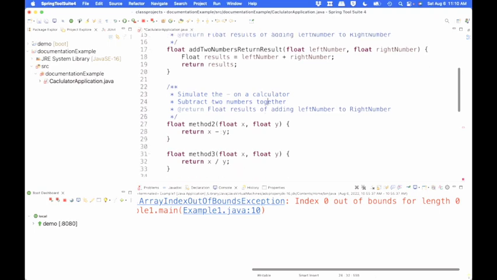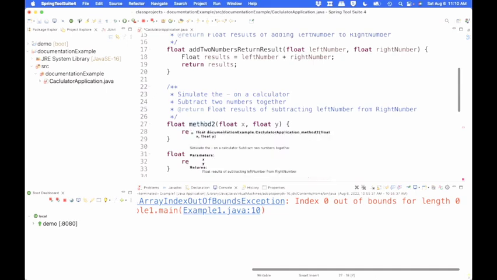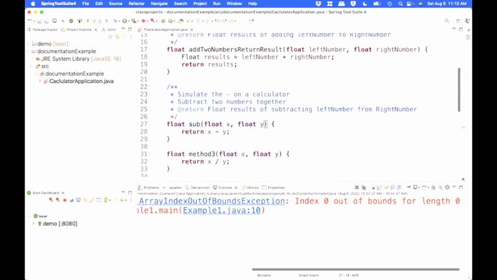And we are going to return the float result of subtracting the left number from the right number. So this should actually, instead of being just method 2, should be subtract two numbers, return result. Again, left number, right number. Now, one additional piece of documentation you could add to this method is,